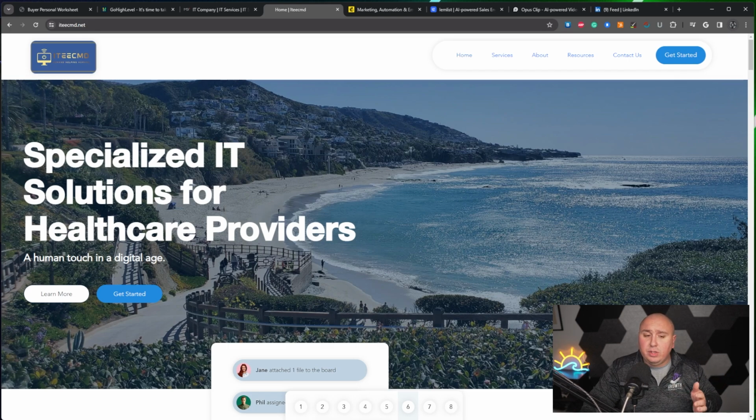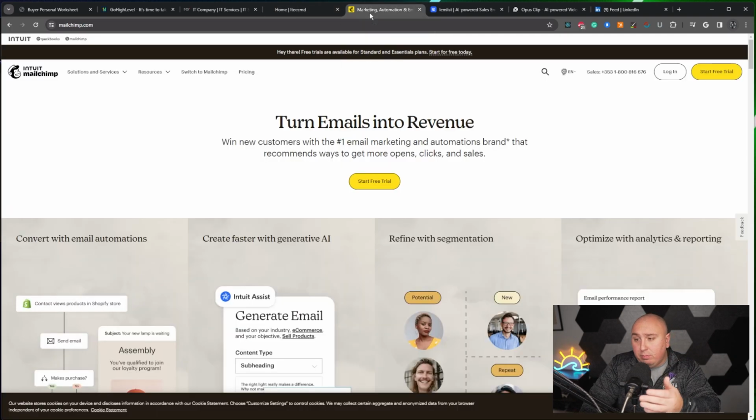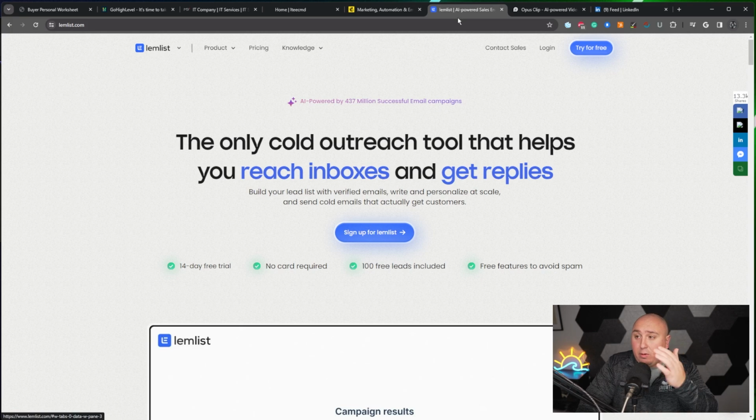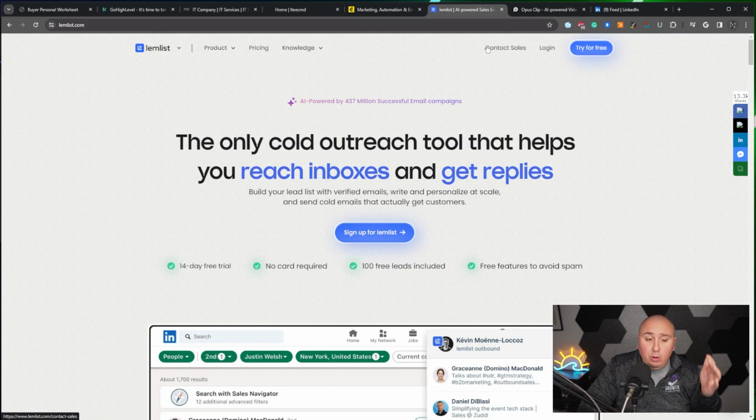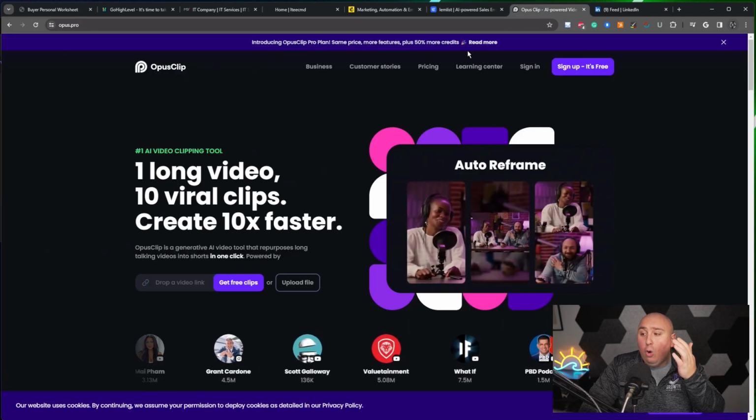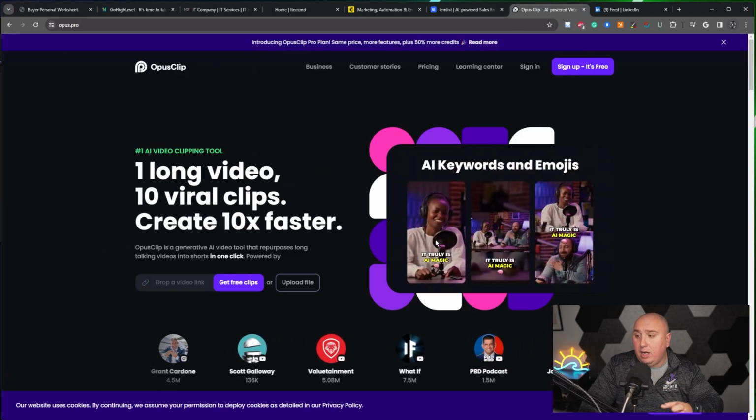When it comes to choosing the right marketing channels and that content creation, you could figure out, like MailChimp does emails. It is free to a degree. You can use Lemlist if you want to use Lemlist. It's a cold outreach emailing platform. If you want to make content and you're a content creator, Opus Clips, record it and it'll slice it up. It'll throw that text on there.